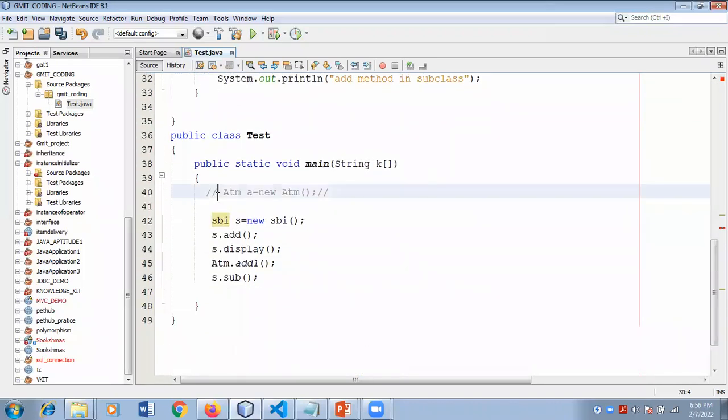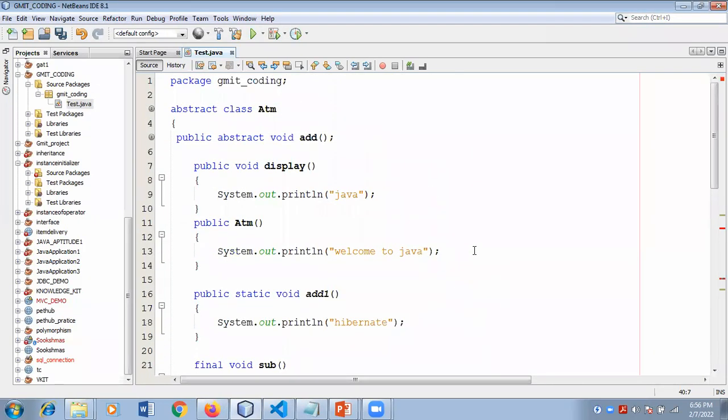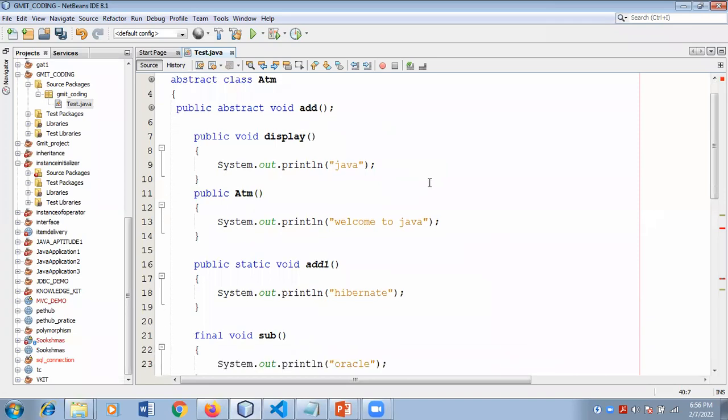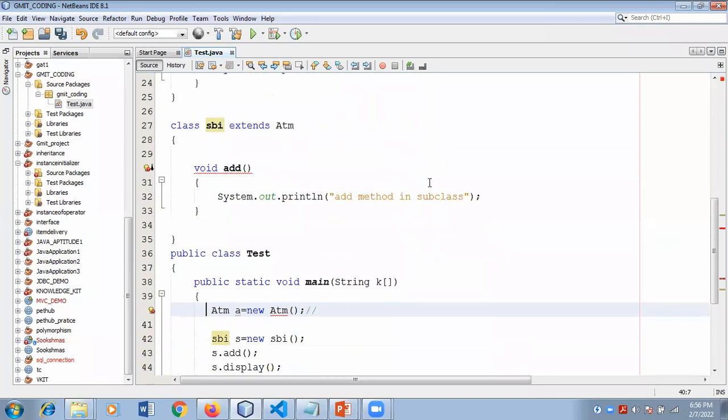Do you have any doubt? You can drop a message in the chat box. I can give an explanation, no issue. If you have any doubts,